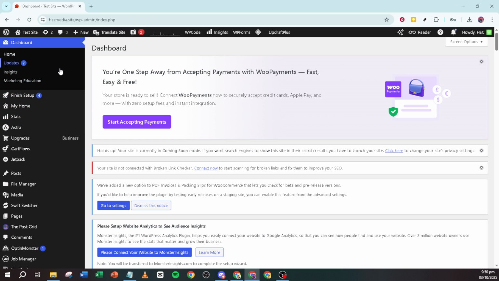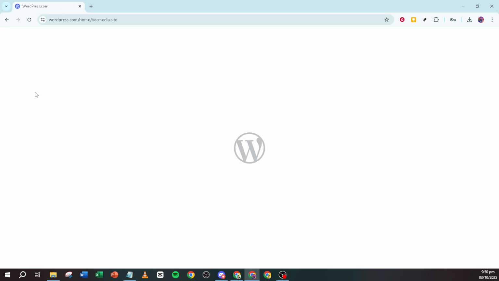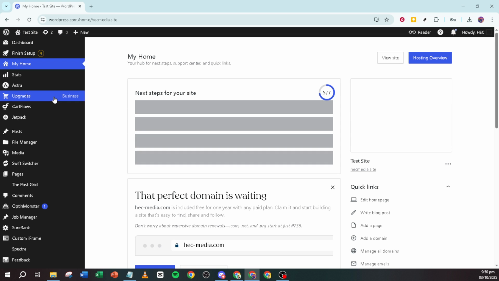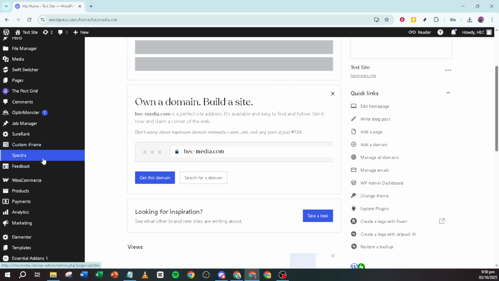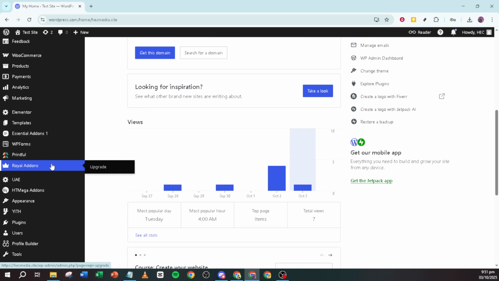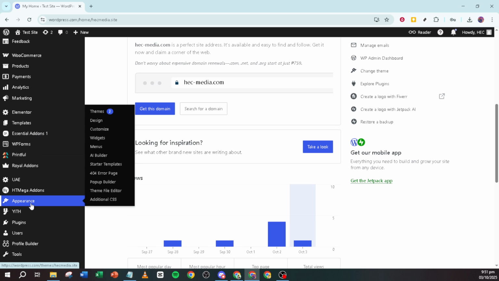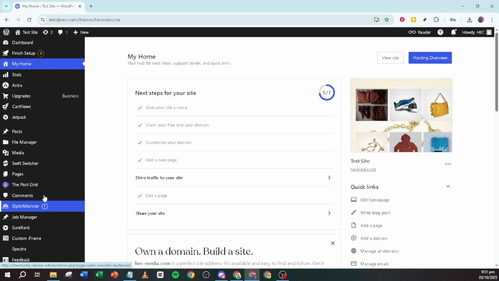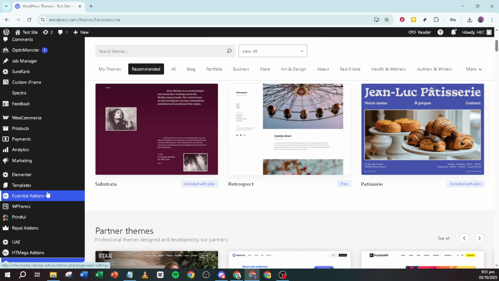Now, navigate to the Widgets section by hovering over the Appearance menu on the left-hand sidebar. Hovering over Appearance will reveal several options. Go ahead and click on Widgets. This section allows you to manage and add various features to your site's sidebars, footers, and other areas where widgets can be placed. Once you're in the Widgets area, you'll see a list of available widgets on the left.